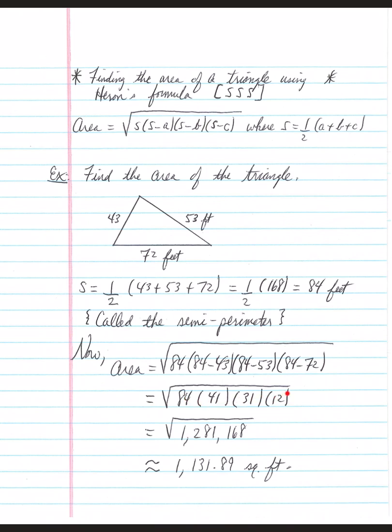Clean it up a little bit. In other words, do all your subtractions. If you're careful, put it all in the calculator at one time. Just use your parentheses heavily. If you clean it up, these are the 4 numbers you multiply together. Gives you 1,281,168. And then when you square root that,